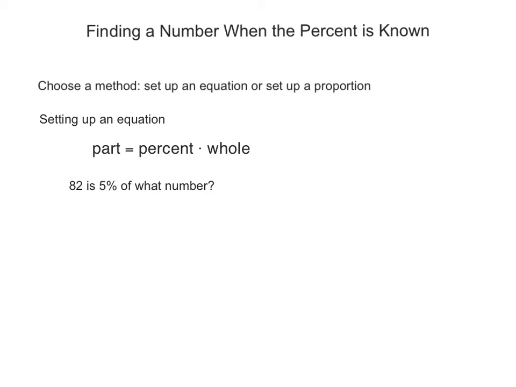82 is 5% of what number? The first thing I want to do is take this question and translate everything using numbers and symbols. So let's start with 82. I'm going to go ahead and simply write it. Next I have the word is. Is means equals. So instead of is, I'm going to write an equal sign. 5%